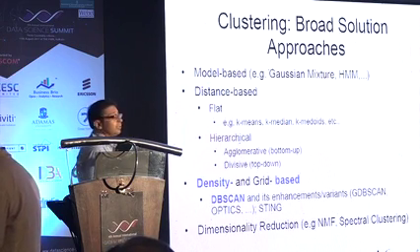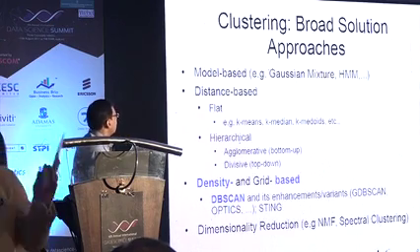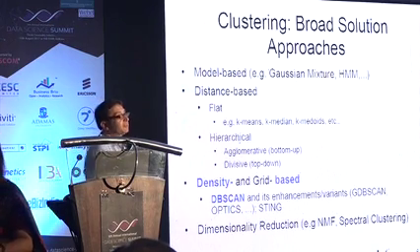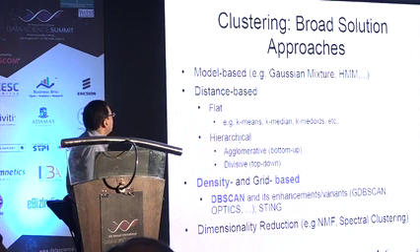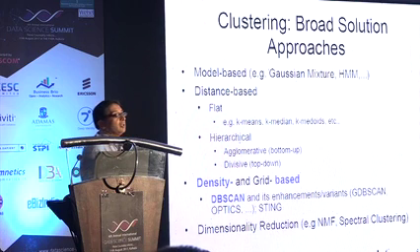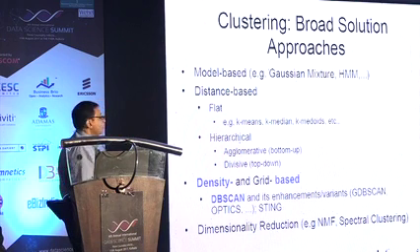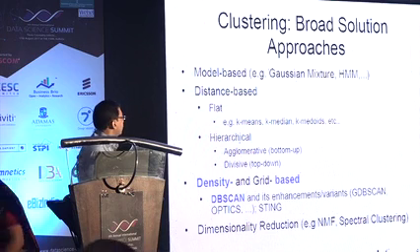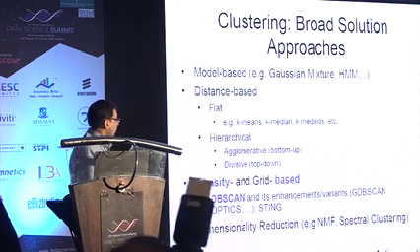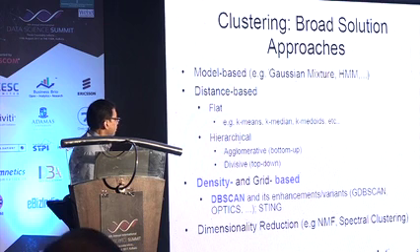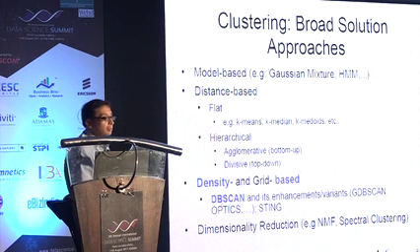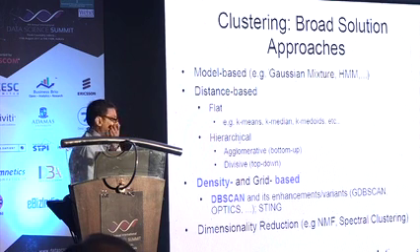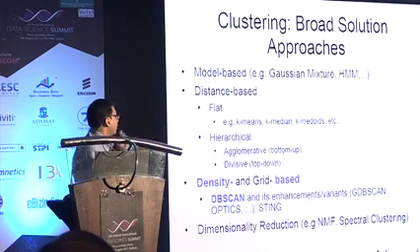If you think about clustering, classically there used to be two approaches. One was the model-based approach, like mixture models. And then there were the distance-based approaches, which again had the flat models, like the classical K-means kind of clustering, and then hierarchical ones. What I'm going to focus on today is something called density-based clusters, which we'll see. And then there are other kinds of clustering algorithms like NMF and spectral clustering. NMF is non-negative matrix factorization.